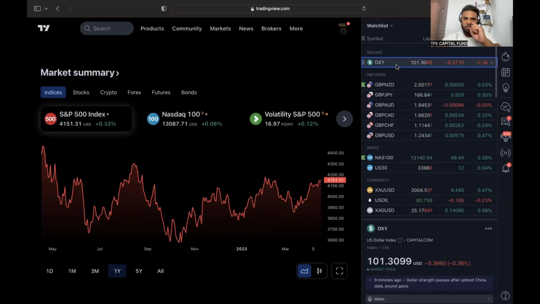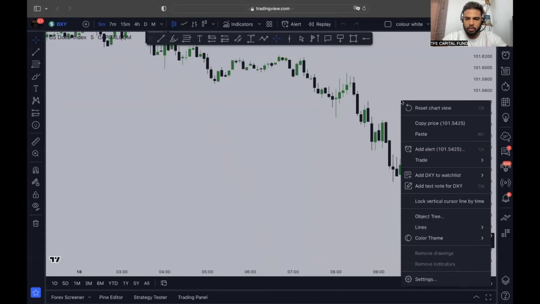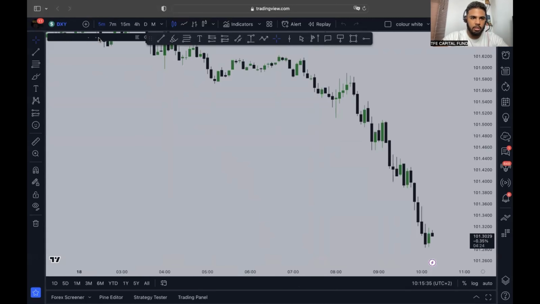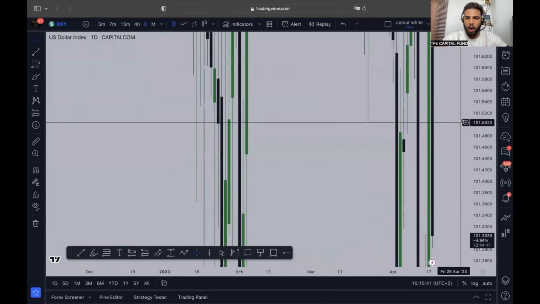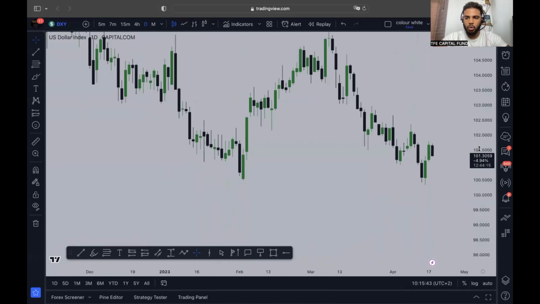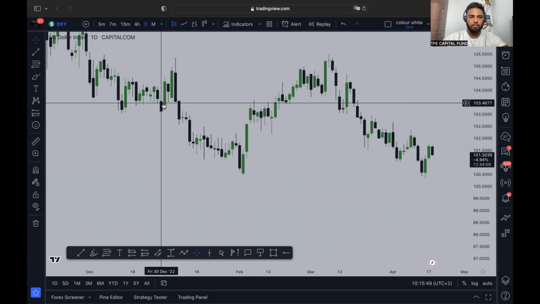Number one, DXY. The first thing we always look at when we analyze the market, when we're doing the massive trends, is DXY. Okay, traders, remember this: one of the key points when you're doing analysis is to begin on DXY. When you're doing a top-down analysis, you want to begin on DXY. And the reason why we begin on DXY is because the DXY is the dollar itself.